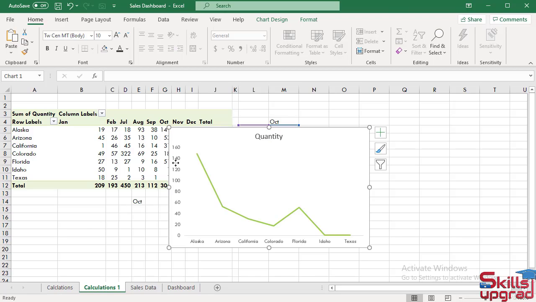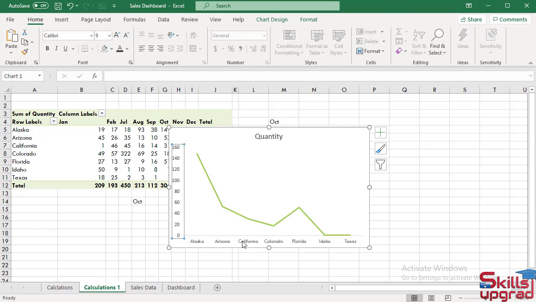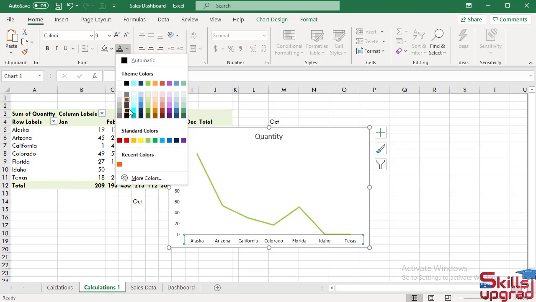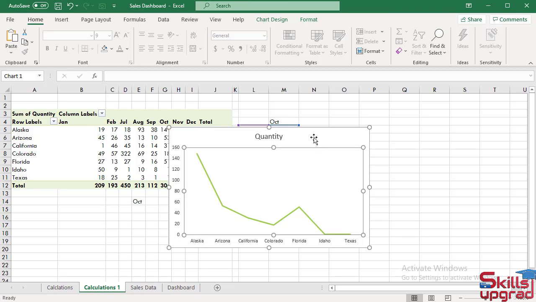Then select these vertical values, change the text color, change the font type Calibri and text color. Then I format this line, double click,